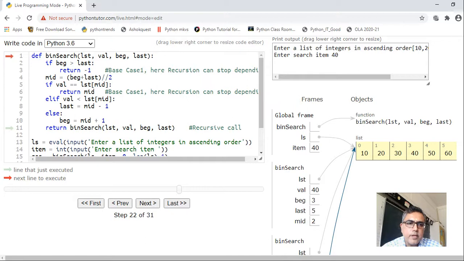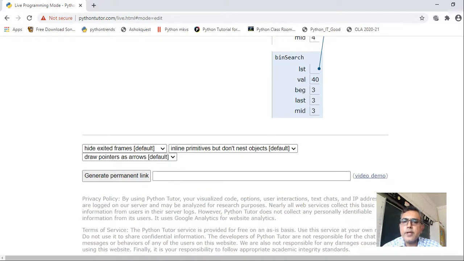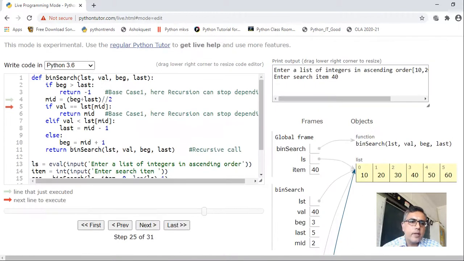Again it has come in the function binary search. If begin is greater than last, no. So mid is equal to begin plus last, 3 plus 3 divided by 2, again you will get 3. So now mid is 3 now. See, mid is 3, okay?